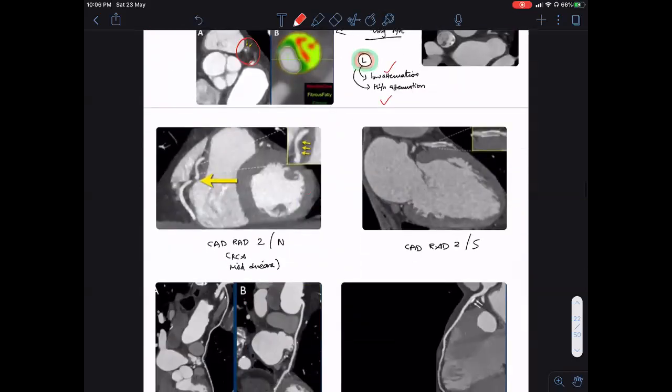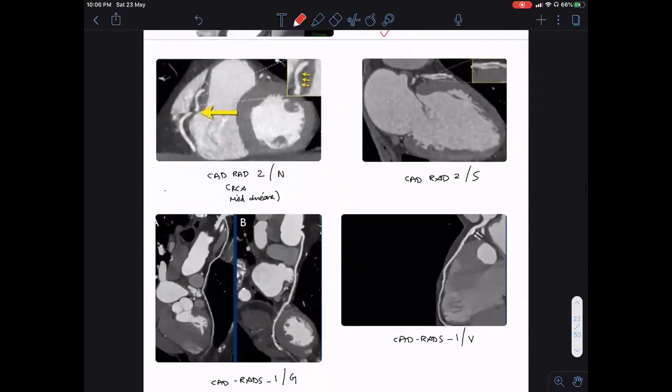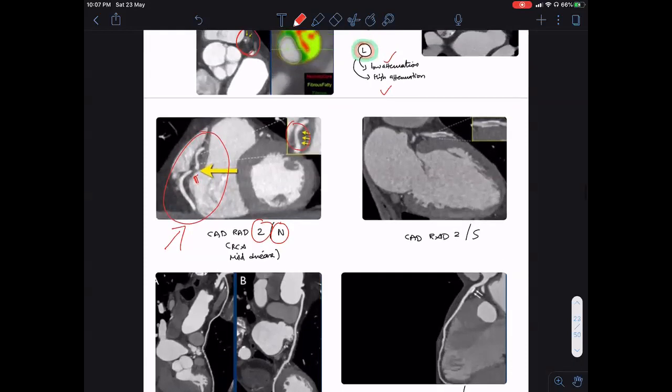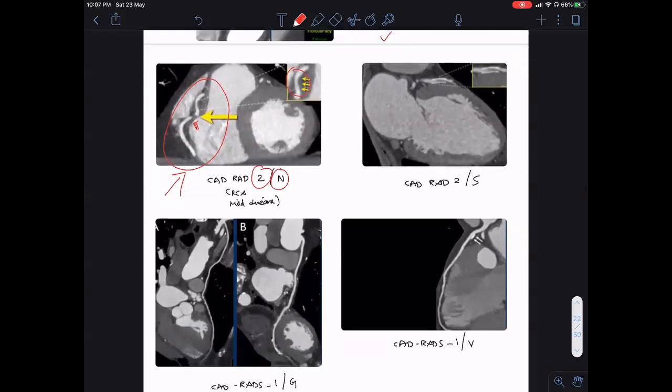So we'll just take a look at a few examples. This first one here on the left, this picture is from Ronwald, I think, I'm not sure. Anyway, here we see a coronary artery, the RCA. There is probably some artifact here, but when we take a look at a different angle, we find that the lumen is fine, maybe a 20% lesion. So we give it a CAD-RADS 2. So an RCA has mild disease. Because there is no stent, there is no graft, there is no vulnerable plaque, we then give the notation of N.